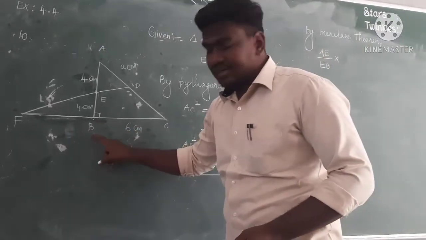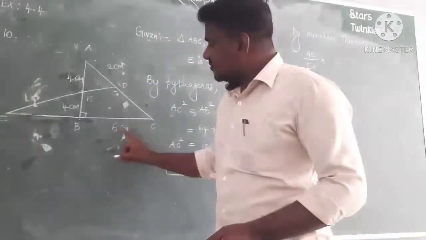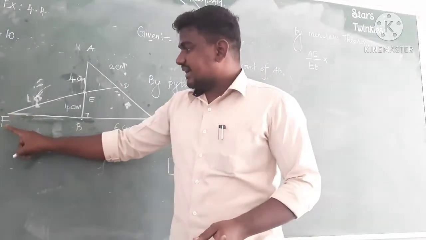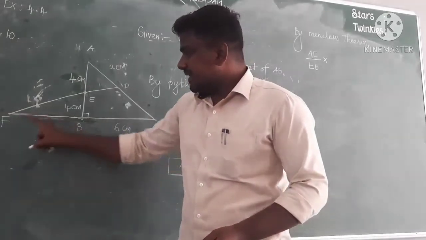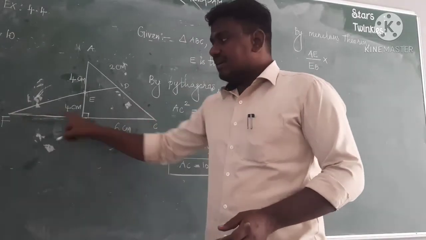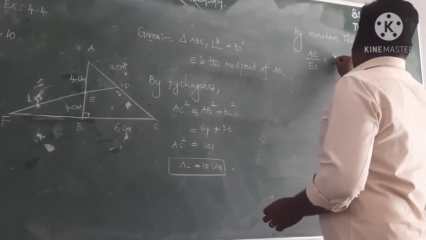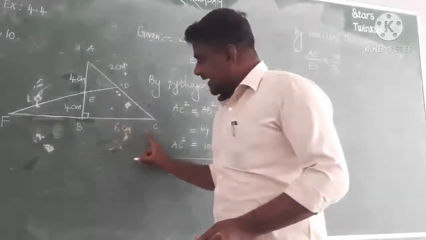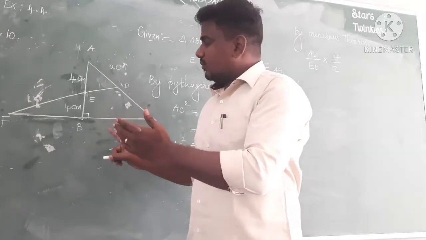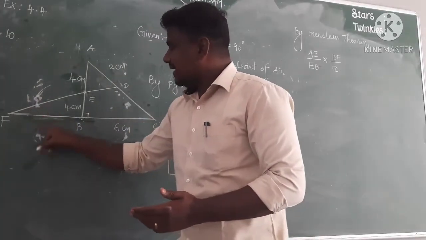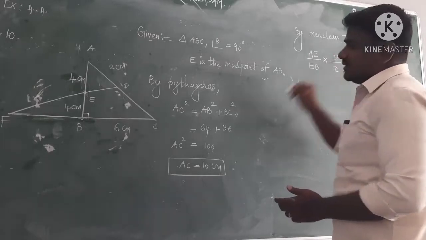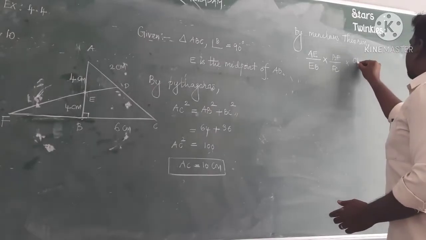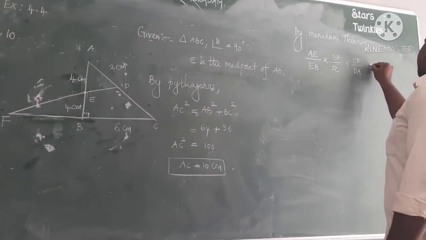Into the next vertex B. This BC, actually, is the exterior of the side. So we can write it as BF by FC. Actually, this point divides the side BC externally, so we should write BF by FC, into the third one, C. So it can be written as CD by DA, CD by DA is equal to 1.